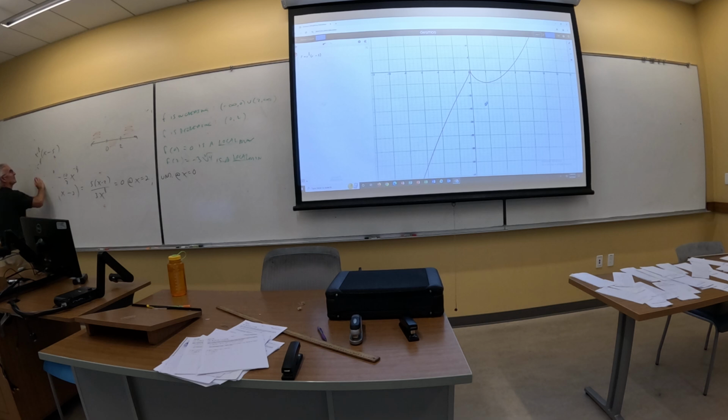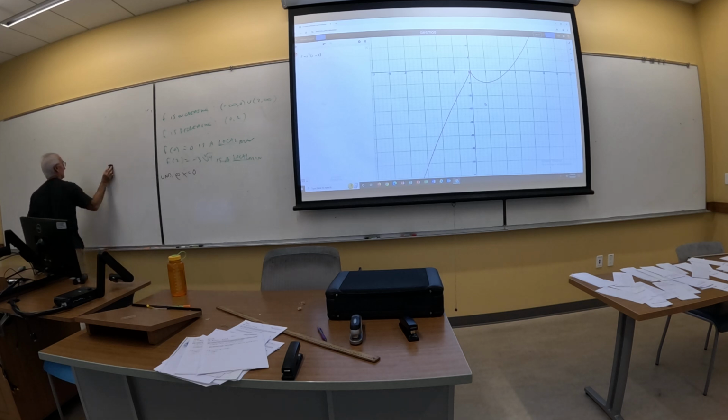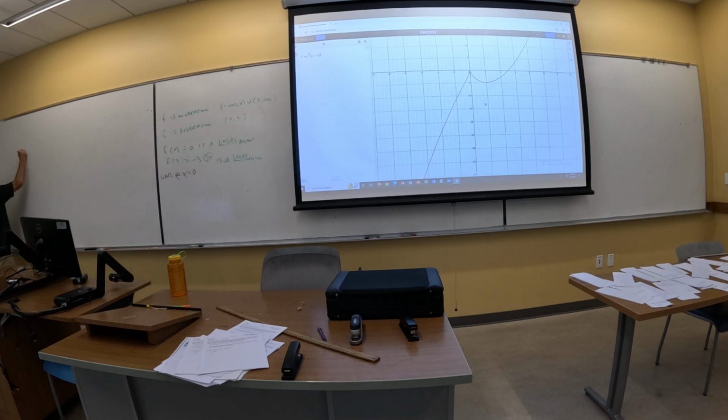Now let's take something that's a little bit, I don't know, less friendly. In this context, I like using f of x rather than y for the simple reason that when you're doing f prime of a number, or later when we do f double prime of a number, the notation's easier than when you're using dy dx, vertical bar evaluated at. It's the same thing. That's just uglier notation. We all like f prime of 1. Yeah, that's just sometimes easier to write. So how about if we did something like,